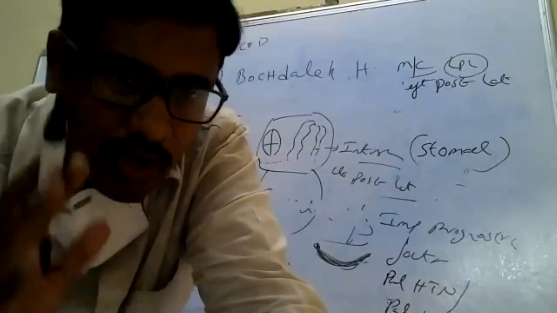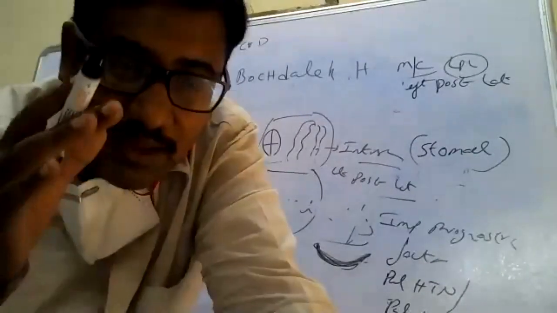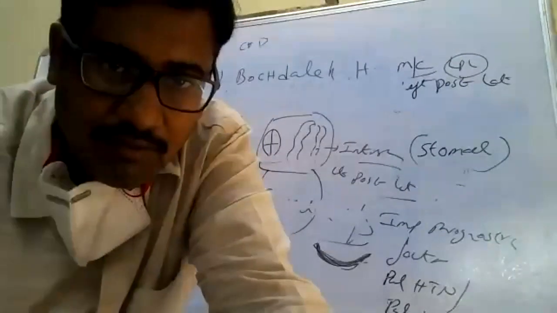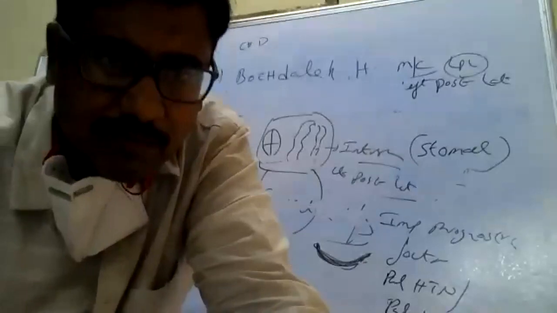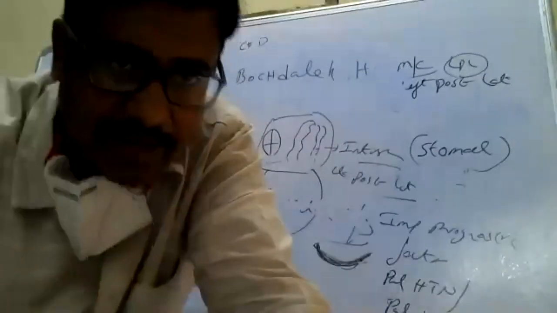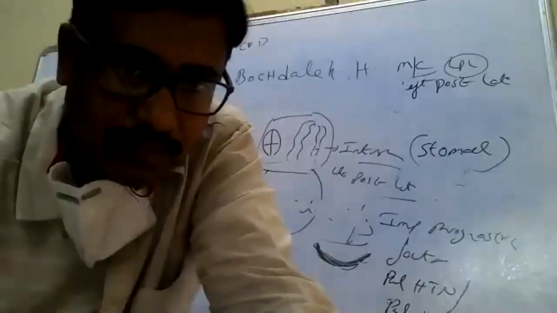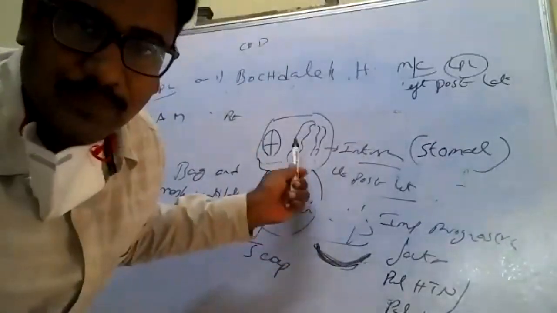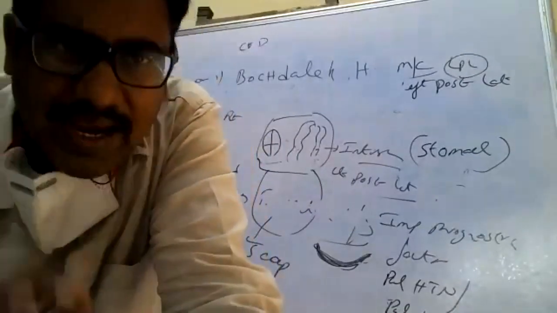So what is the most important prognostic factor which determines the survival of the baby in congenital diaphragmatic hernia? It is pulmonary hypertension or pulmonary hypoplasia. So prenatally, how can we diagnose this? Prenatally, we can diagnose congenital diaphragmatic hernia by doing a prenatal ultrasound scan. What is the investigation of choice? The investigation of choice is chest X-ray. By doing a chest X-ray, we are able to see the bowels present in the chest and the pushing of the heart towards the opposite side. Okay, so bag and mask ventilation.